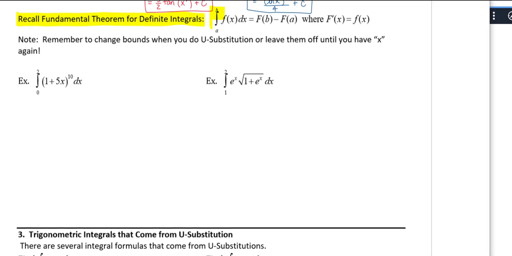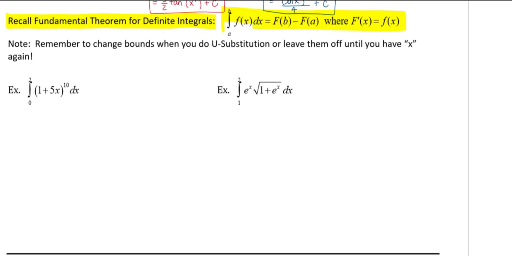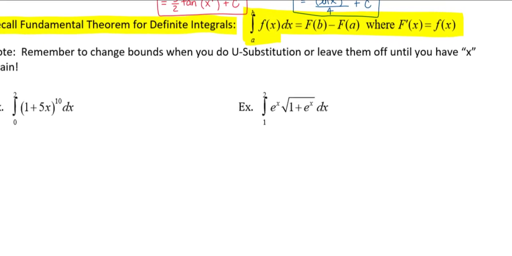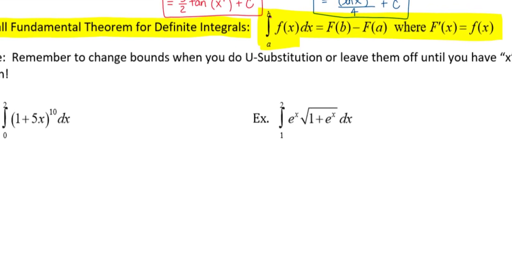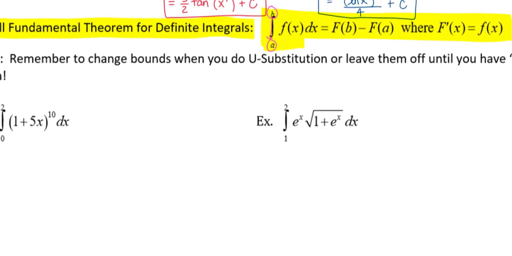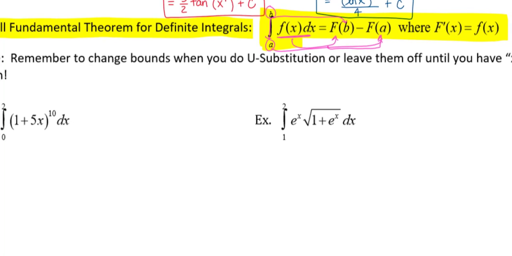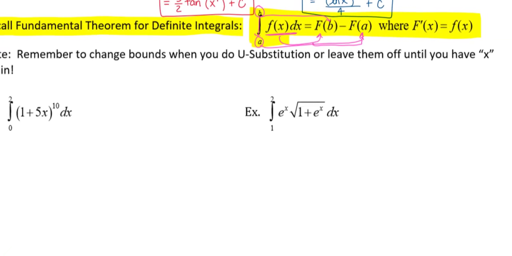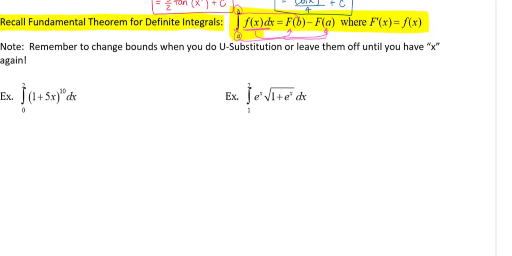It had two parts. This was one of the parts. When we look at it, we're anti-differentiating from a to b, so now there will be bounds. This was our definite integral, and you'll notice that the lowercase f did turn into capital F because that is the anti-differentiation of that function. Then you're going to take your endpoint, the upper bound value in there, minus the lower bound. All right, let's see how this works, and these are going to use substitution in some way.